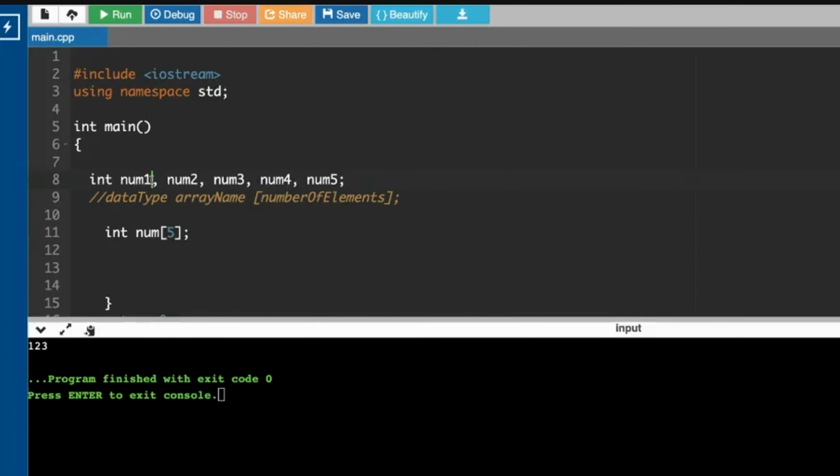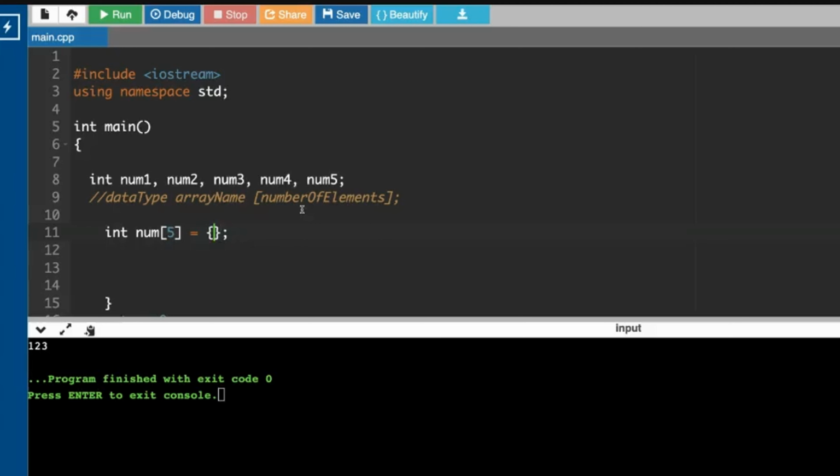So kung variable yan, ang ginagawa natin, di ba, num1 is equal to 0, num2 is equal to 0. For example, kung 0 lahat yung initial value niya, di ba ganyan yung ginagawa natin? So we could actually declare and initialize. Same thing sa arrays, possible din natin siyang i-declare and initialize. Paano ba yung initialization ng initial values ni array? Int num with 5 elements, ibig sabihin parang meron tayong 5 na variables, is equal to open and closing curly